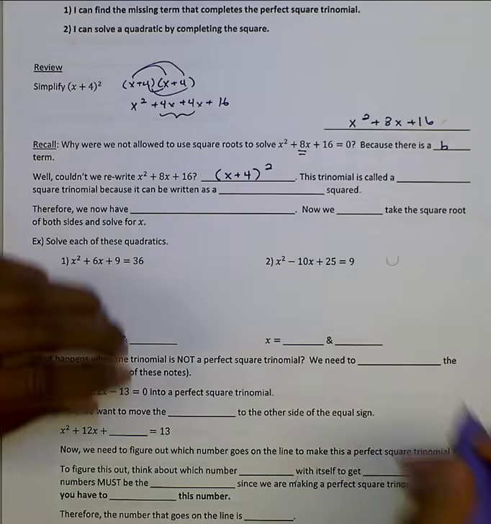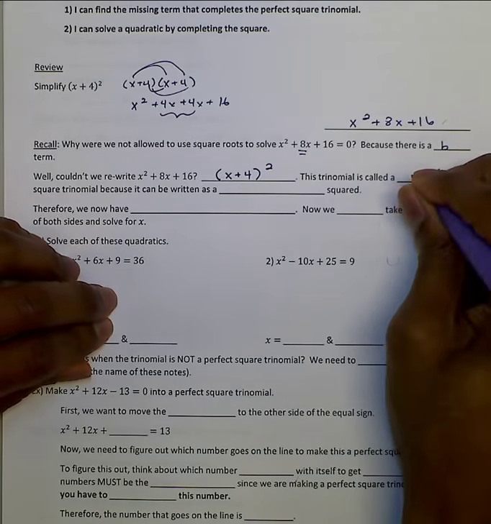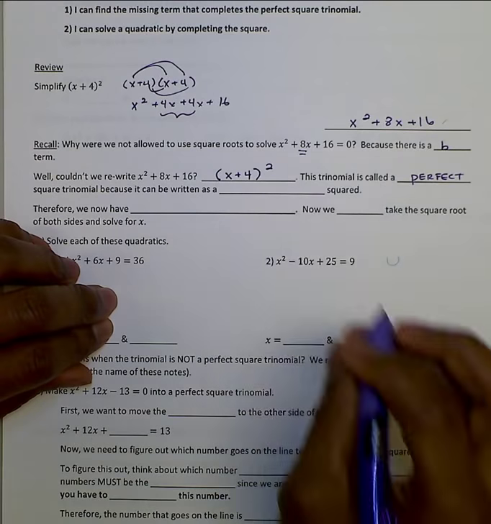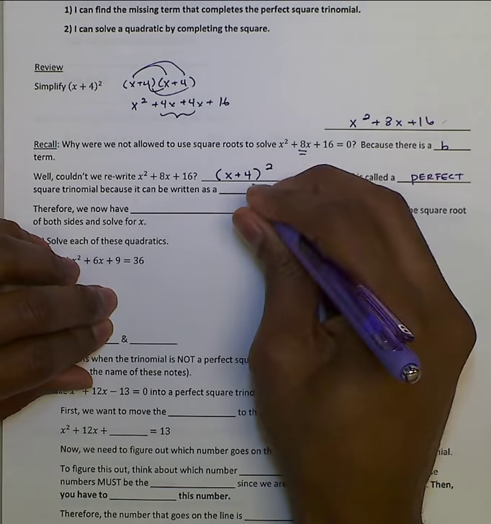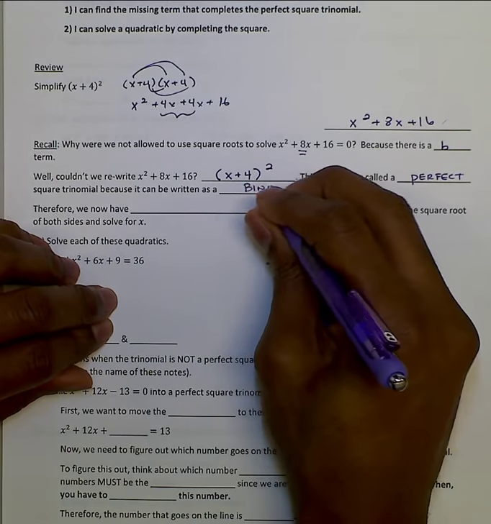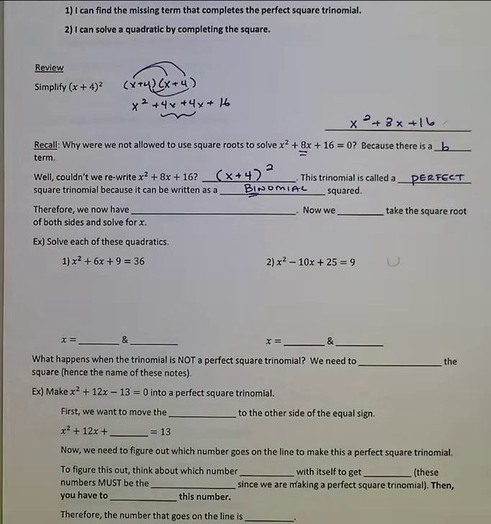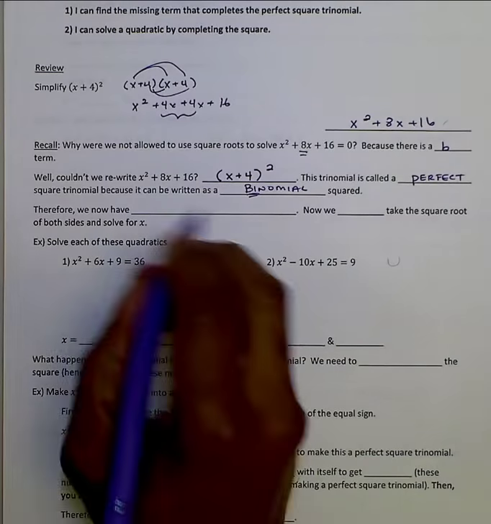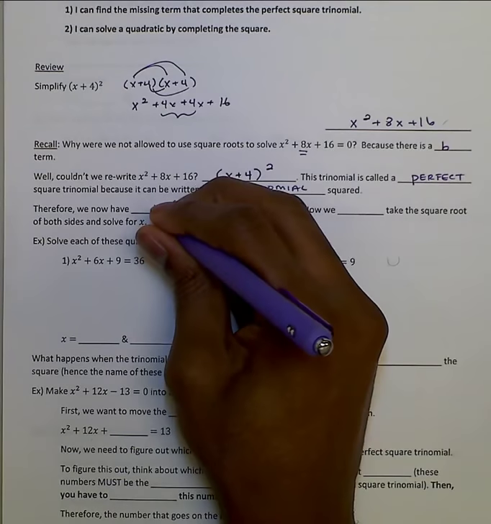Okay, this trinomial is called a perfect square trinomial, and that's because it can be written as a perfect square, as a binomial squared. Okay, remember, binomial means two terms. So, therefore, we now have a perfect square